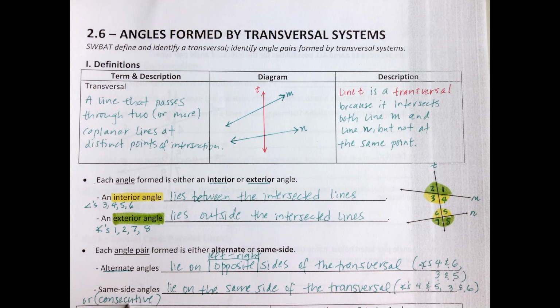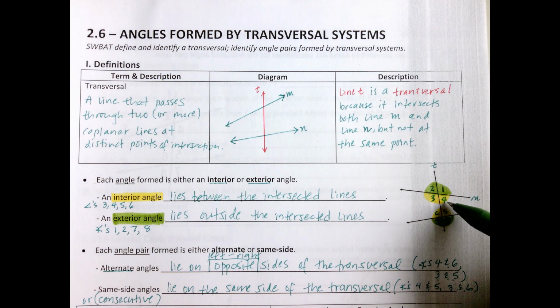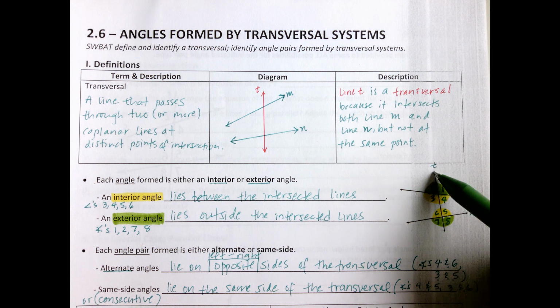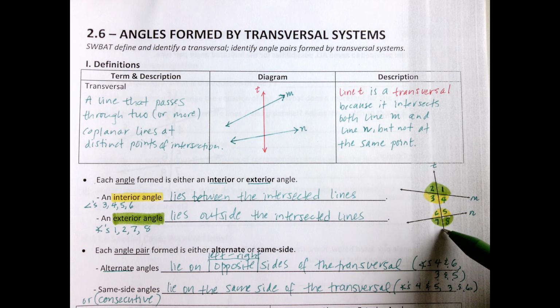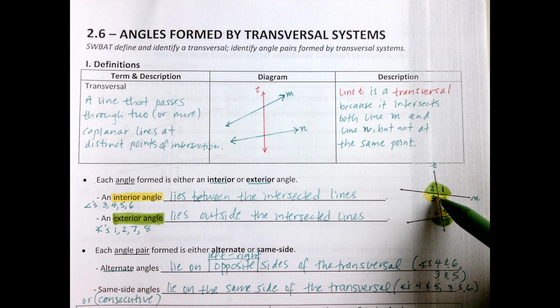So if you see consecutive interior angles, it's the same as saying same side interior angles. They lie on the same side of the transversal. For example, 4 and 5. These are your same side or consecutive interiors. Notice they are both to the right of the transversal. Both fall to the right, and then 3 and 6 both fall to the left. So they are also a pair of